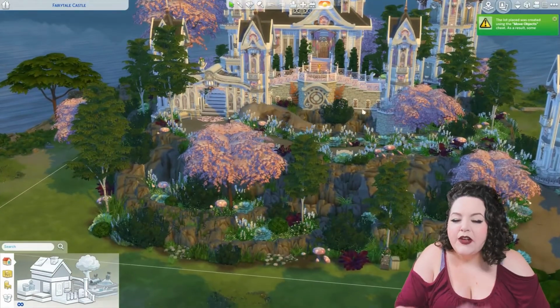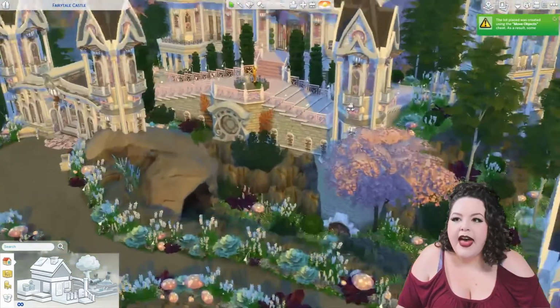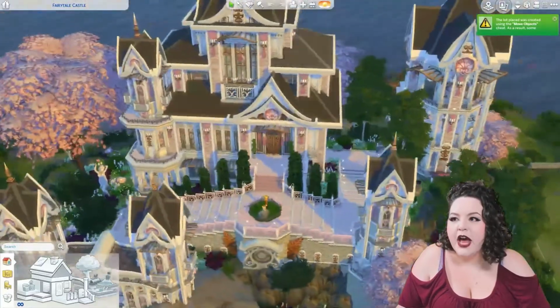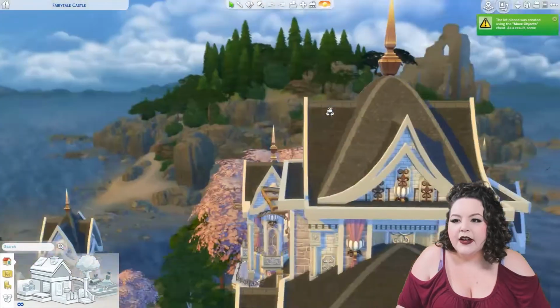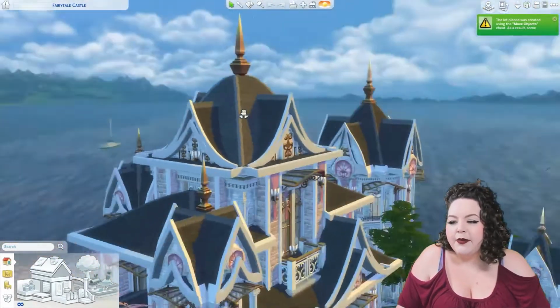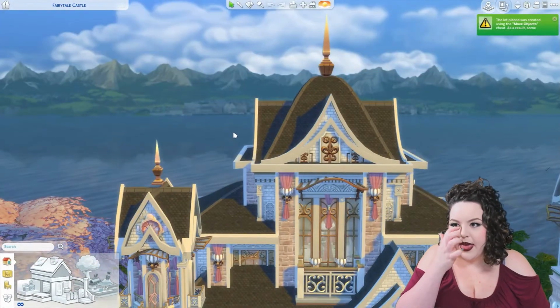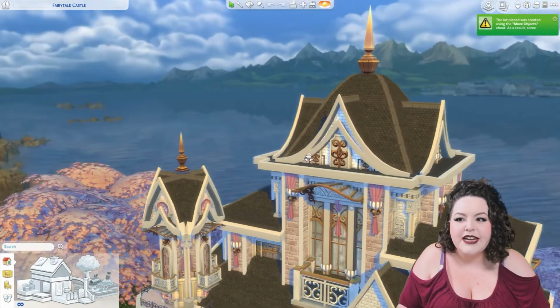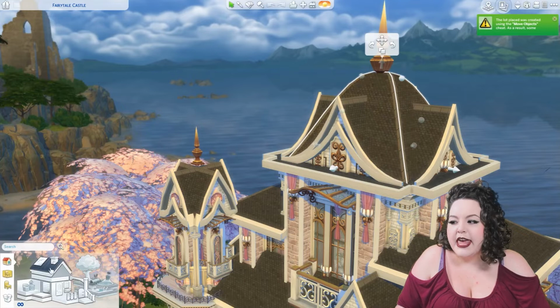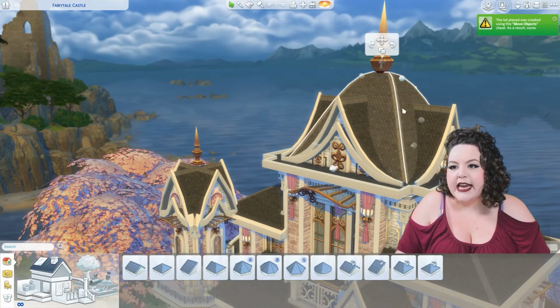Okay, I have brought up a build that we recently finished on my live stream. This is a fairytale castle build that we did. And this is a pretty good example of something that I personally built with a lot of different roof pieces layered together, kind of like the cake thing that I described to you. So this is actually a hipped roof that's on here. You can see we've edited it